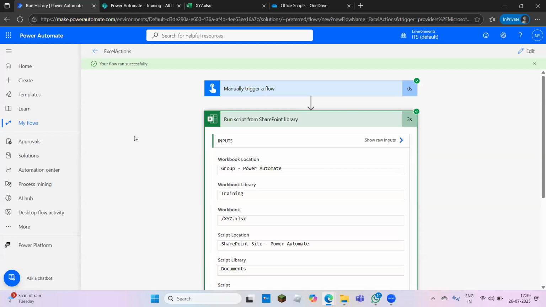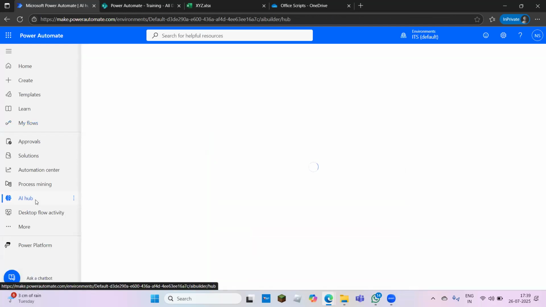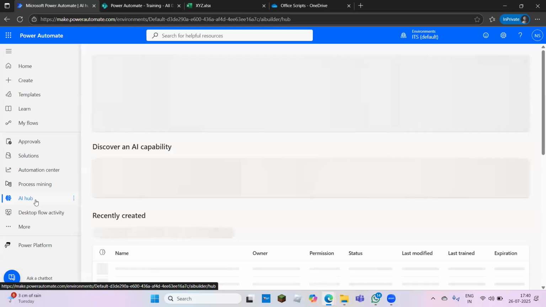Okay, so this is the script one, how we can use the Office script, and I already told you its limitations. Let me show you another one, the AI Hub. In the AI Hub we have two parts. One is AI prompt and one is AI Builder. AI Builder I have already covered in the last two classes. So AI Builder,